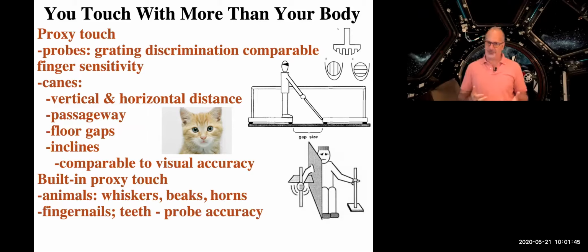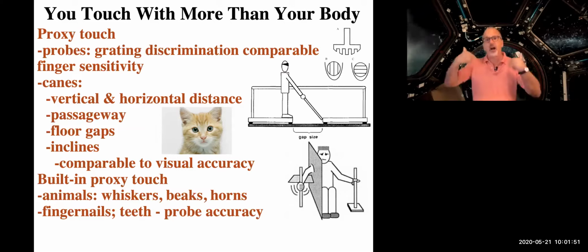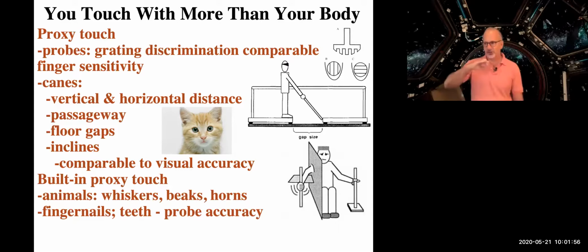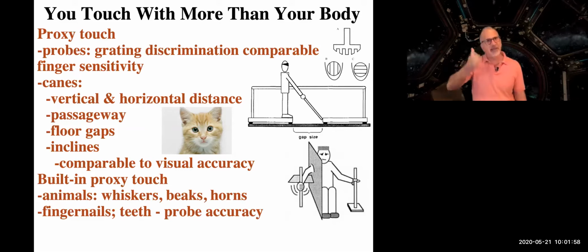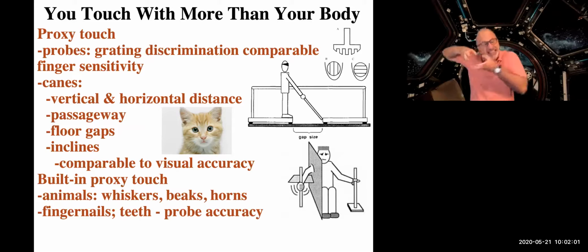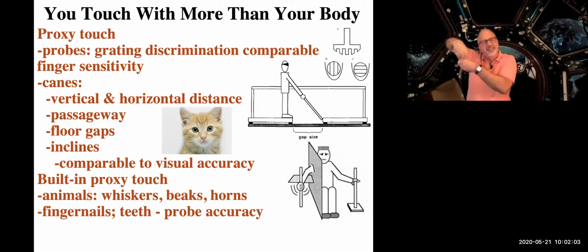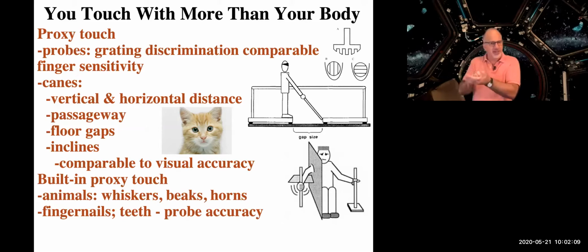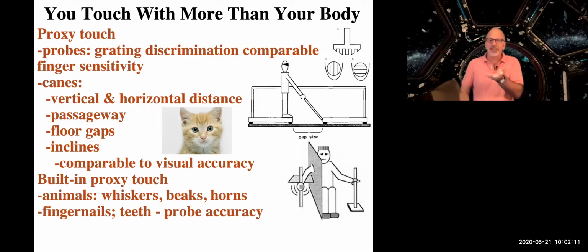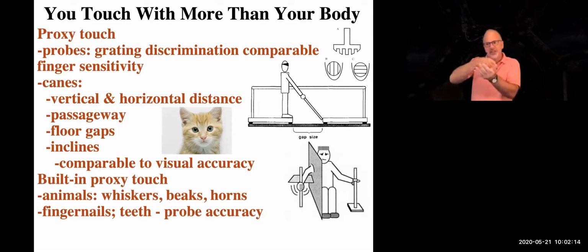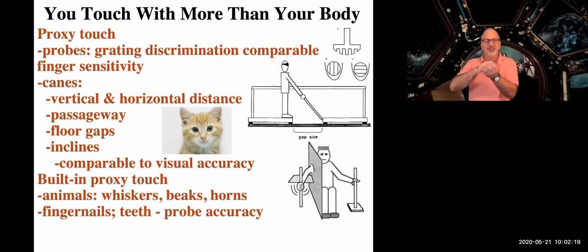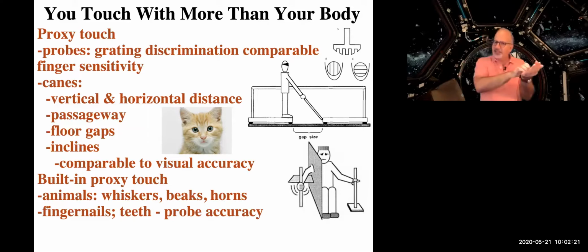Well, we have teeth. And the argument has been made that teeth are our ultimate proxy touch tool, because, as you know, the enamel itself doesn't have any nerves inside of it. Of course, in the middle of it there is a nerve, but you can touch your tooth and know that it's like a nail, something that doesn't have nerves all the way through it. It does have nerves where it makes contact with the gum and all that stuff. But it is like a proxy touch tool.